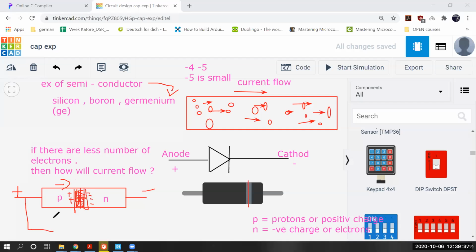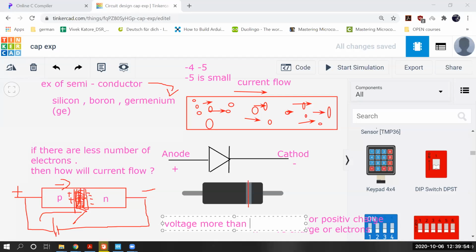When we connect a battery, to be able to flow the current, we actually need to give voltage more than 0.7 volt for a silicon based diode. So for a silicon based diode, we have to give voltage more than 0.7.